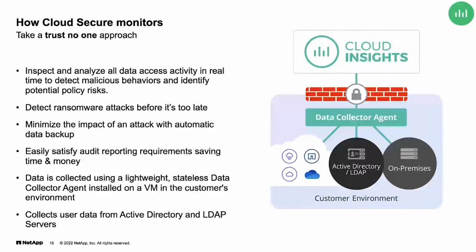detect ransomware attacks before it's too late, and really minimize the impact of those types of attacks with those automated data backups. So it's really interesting because instead of being alerted that this could be a suspicious activity and attack, and you have to go figure out what's going on, what we're doing is we're automatically, proactively taking snapshots of those immediately when we see an anomaly, so that you're protected. And because we use WORM technology, which is really perfect for something like a ransomware attack, your data is available and secure,